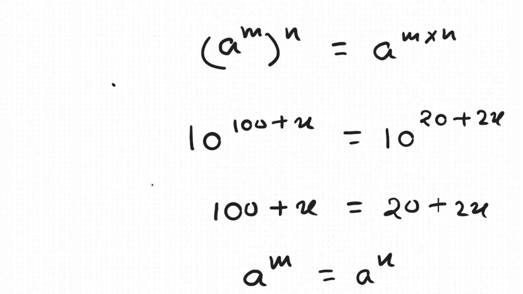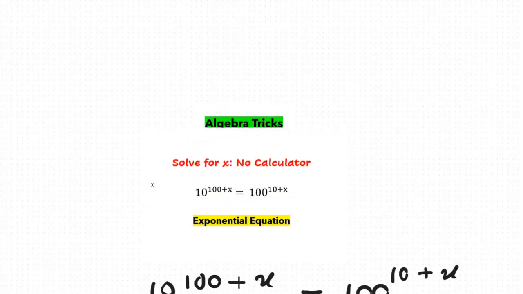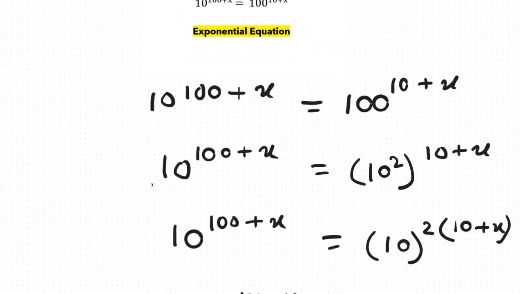So if we have the equation 10 to the power 100 plus x equals 100 to the power 10 plus x, the solution is